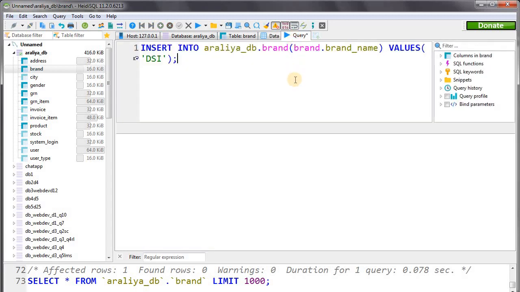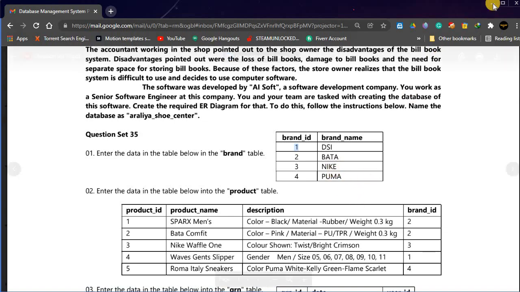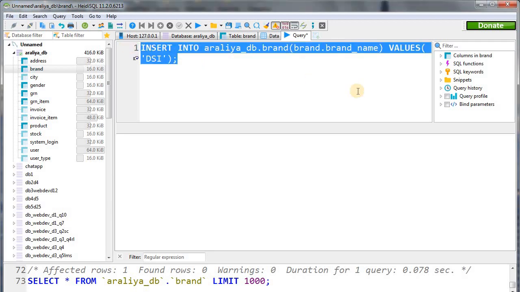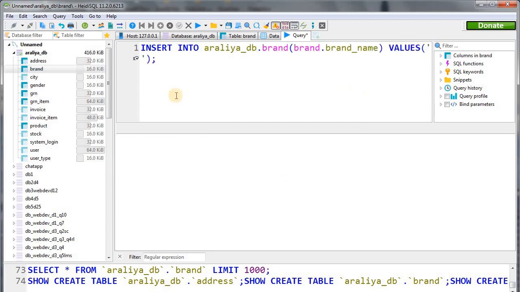Now let's use this method and enter other details to this table too. Here are the other 3 data, Bata, Nike and Puma. Okay, let's clear this out and write that again. Insert into RLEDB, Bata, and here's the next one.